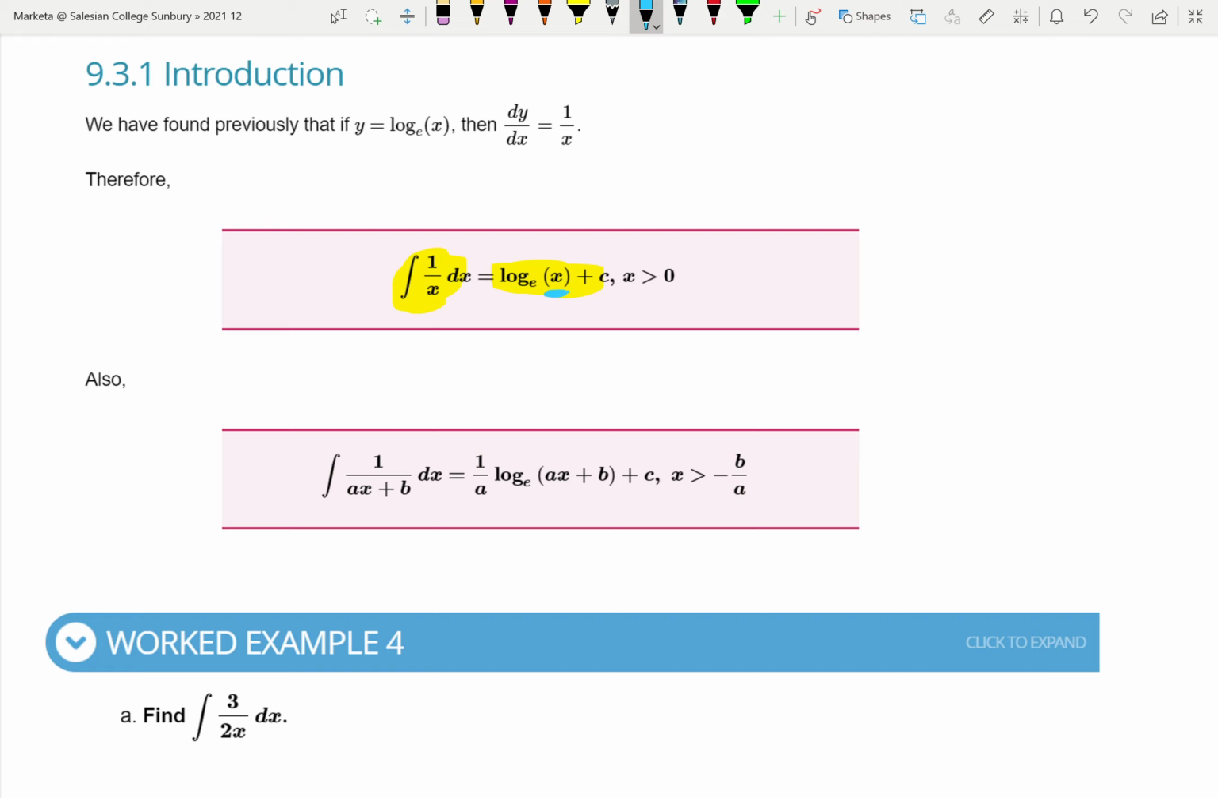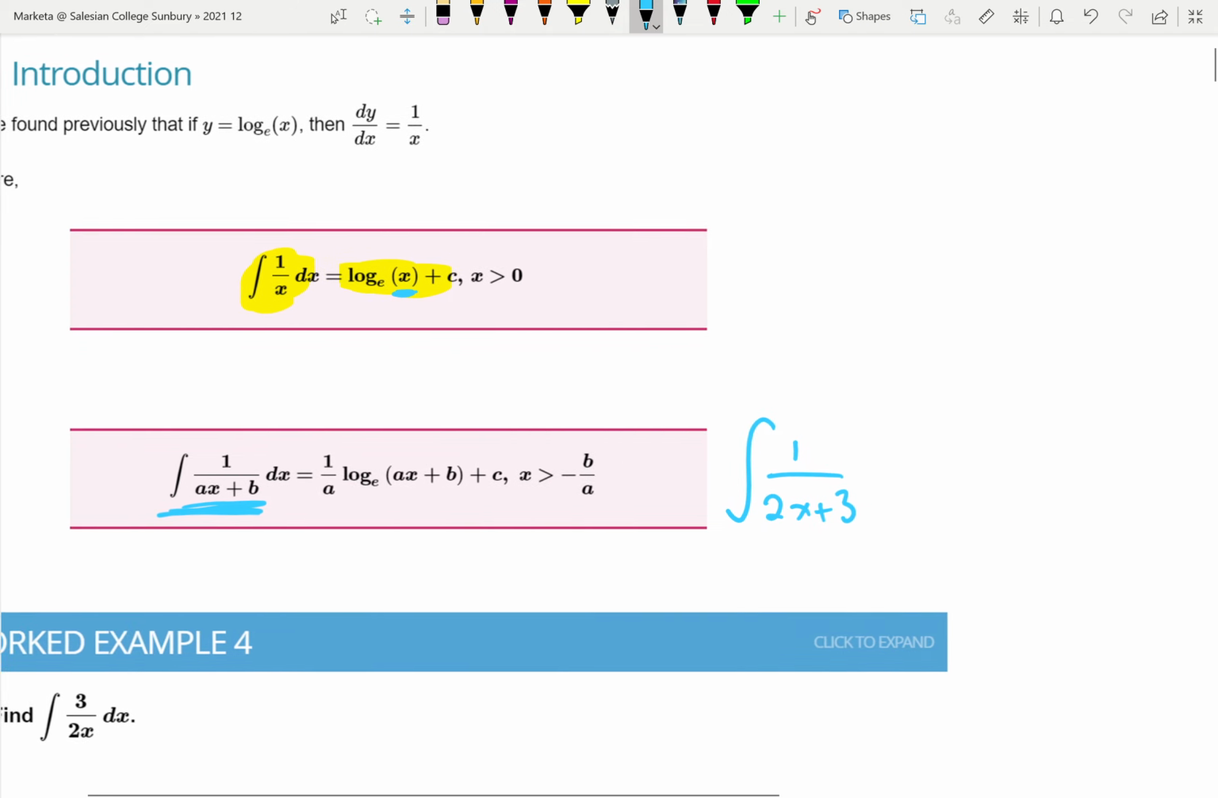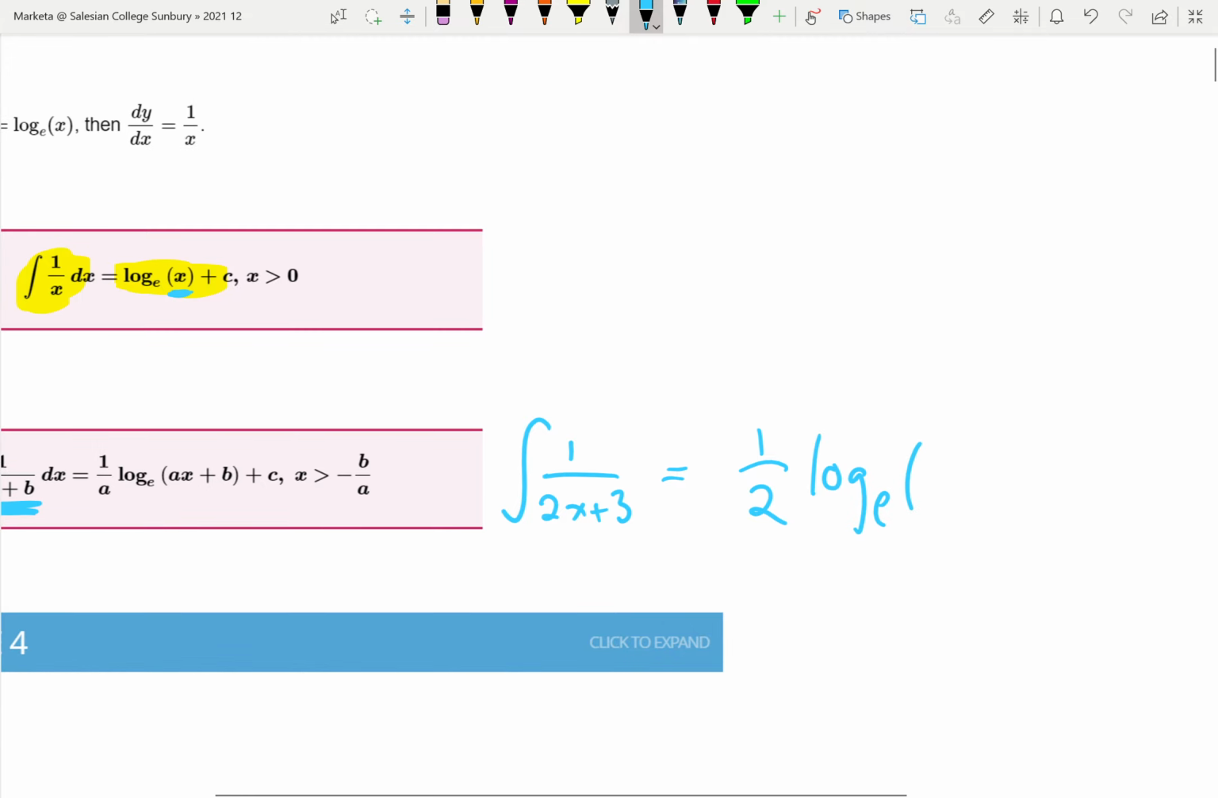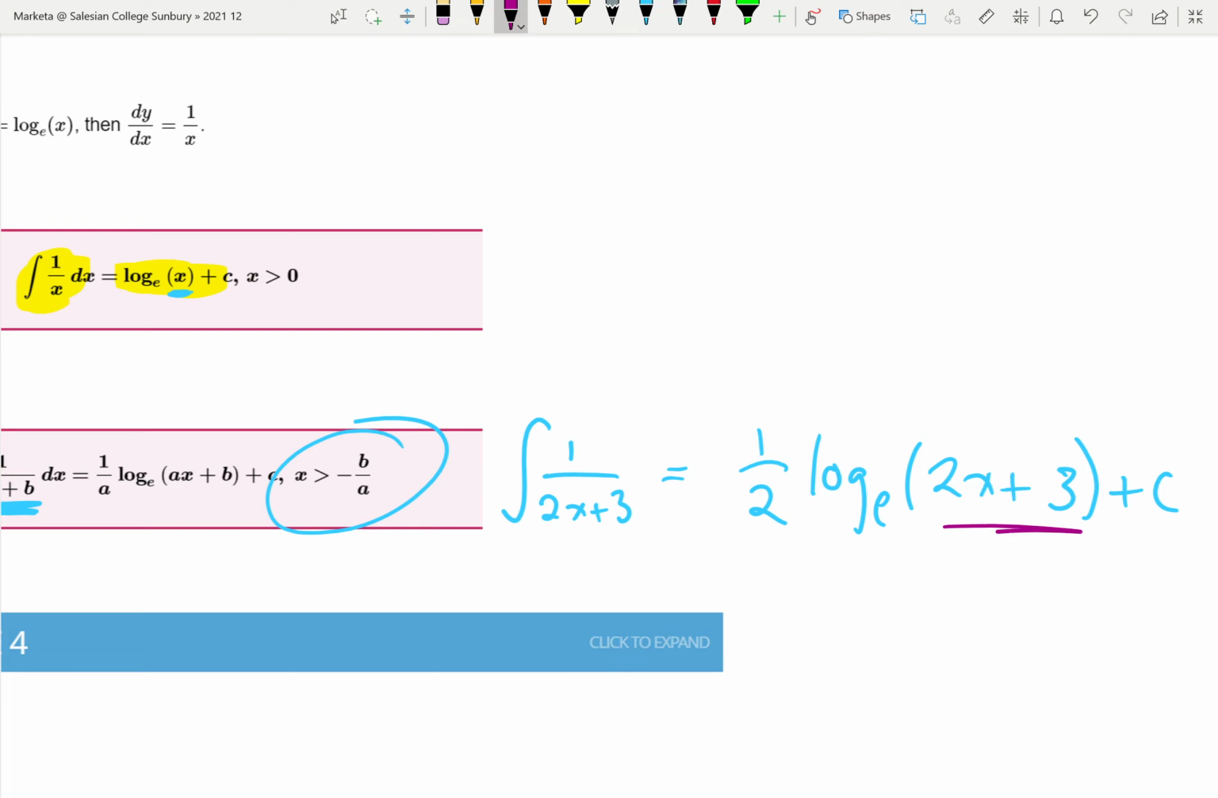Now an example that is a little bit more involved: 1 over ax plus b. Let's just say it's 1 over 2x plus 3. Then that is going to be 1 over 2 log e of 2x plus 3 plus c. And you'll notice this x is greater than negative b on a, and that's nothing difficult. It's just that you can't log 0 or a negative, so our implied domain is that this has to be greater than 0. So if you then solve this,